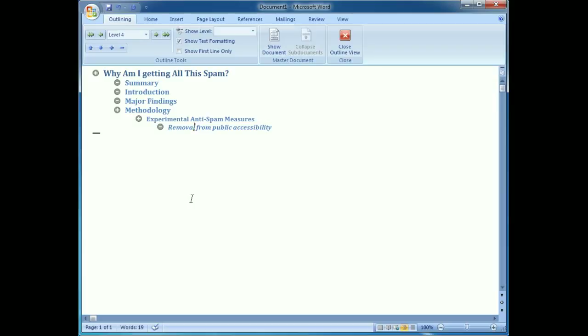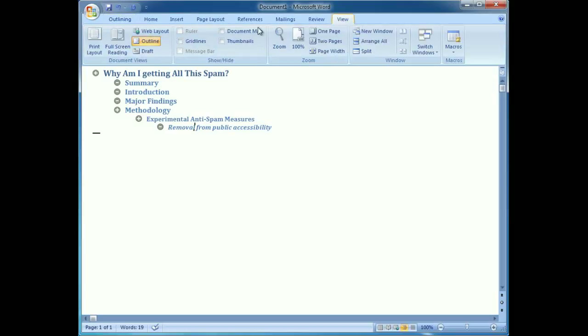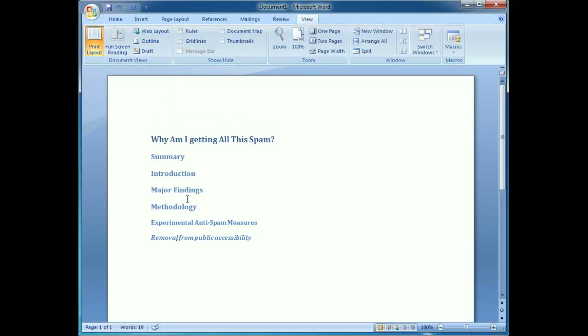So for H, it wants me to switch to print layout view. Again, if I go to View, I can select Print Layout, and you'll see there's lots of space in between here, and it's just kind of ugly to look at. So if you select all of these